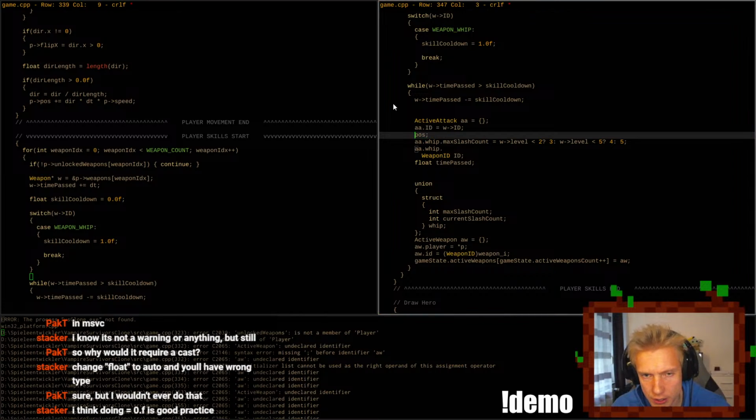What is the position of the active attack? I guess it could be game state.player.position. Needed for it would always be around the player. I don't know. Like for example, a Bible is always an active damaging area.